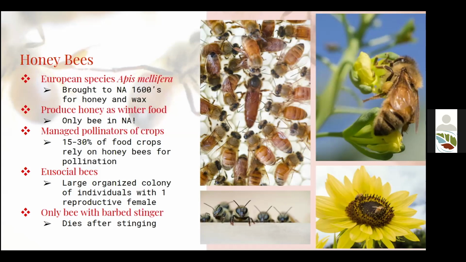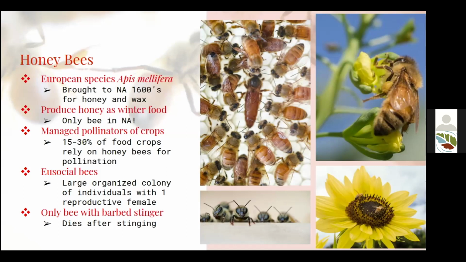And so we actually require that honeybees in their large colonies be trucked in from around the world in order to have these huge pollination events to produce most of our food. And that is responsible for 1 in 3 bites of food, that statistic that Andrew mentioned earlier today at the top. And so honeybees are really the most sophisticated eusocial bees that we have here in North America. They live in large, organized colonies with thousands and thousands of individuals and one reproductive member, one reproductive female.